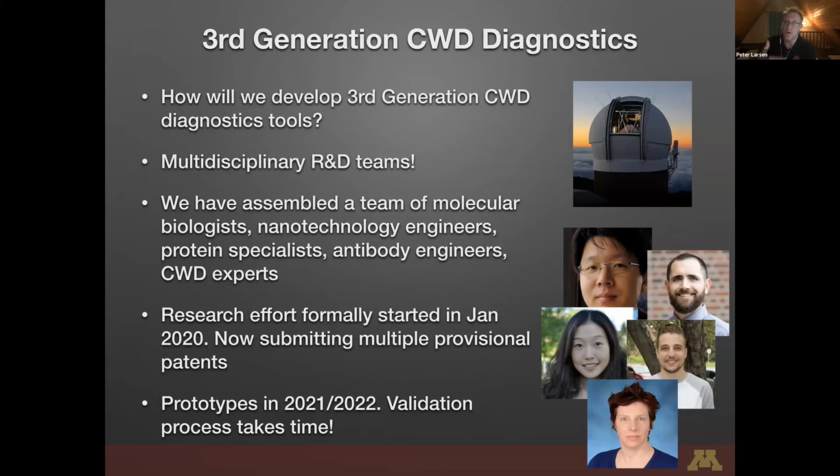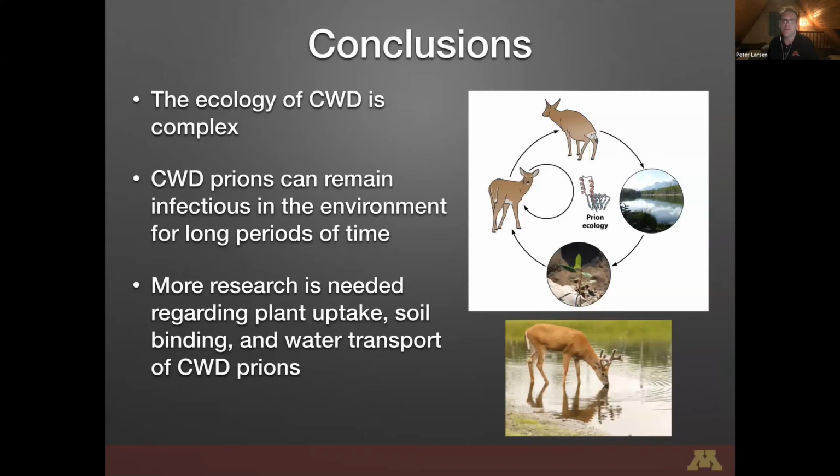And the goal of our work is to have a functional prototype sometime in 2021 or 2022, the pandemic slowing things down, but have a prototype. Okay. Just showing proof of concept. There's a lot of work that needs to go into validation, and time after that for reproducibility, right? But what we're doing is let's develop the technology now for a 3rd generation test to spark that and get it going. So I'm going over time, but the conclusions of this talk are that the ecology of CWD is super